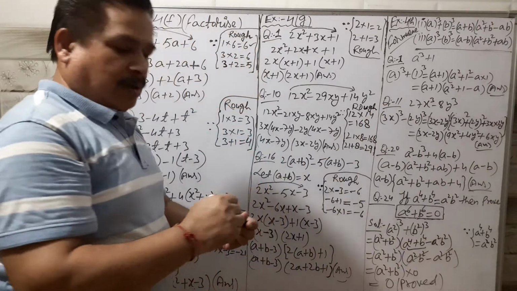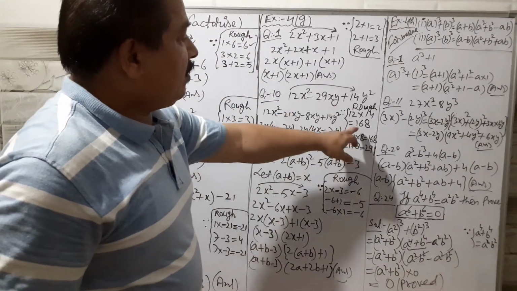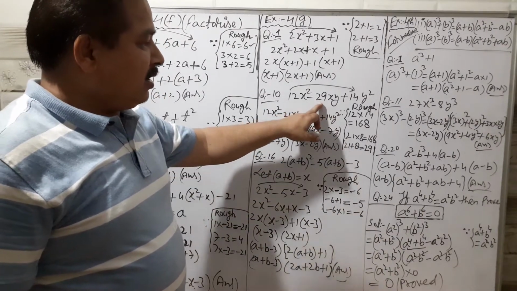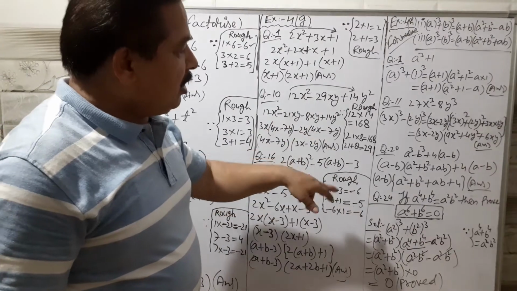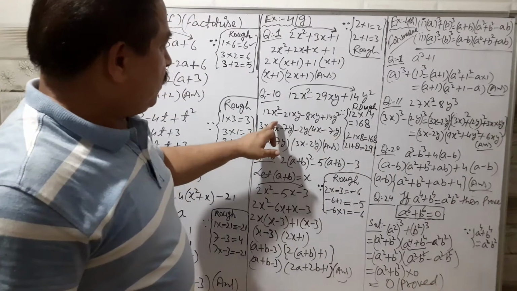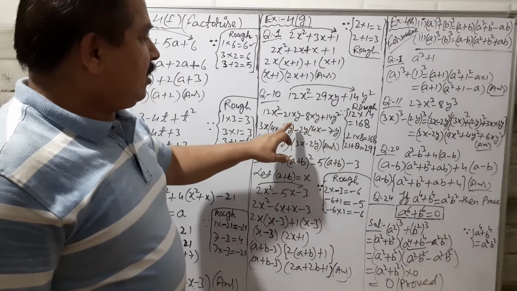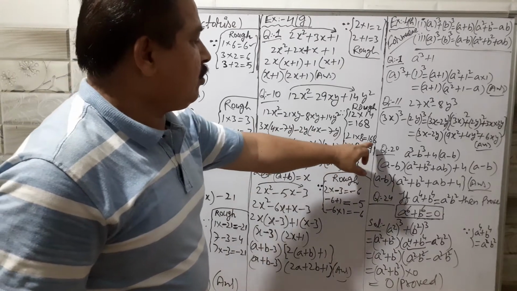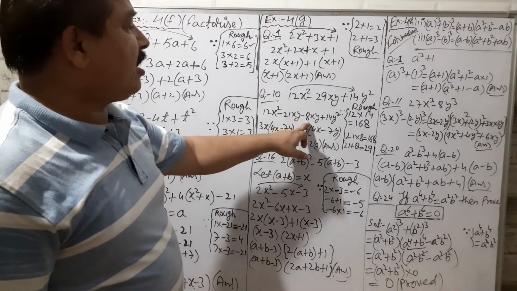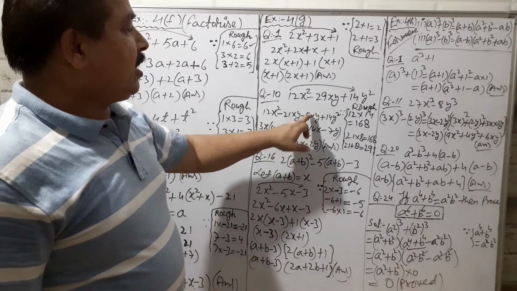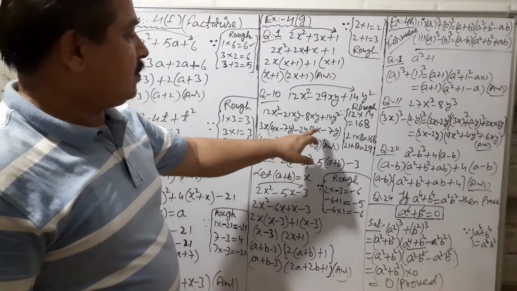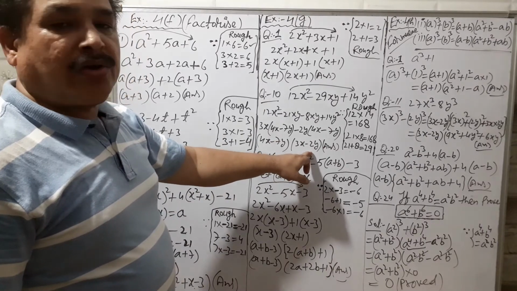This is rough work. So 12 into 14, 168. Find such a factor of 168 which are giving us 29 in plus and minus, and in multiplications they are giving us the same number, 168. So see here now, break the middle term: 21 and 8. 21 into 8 is 168, and 21 plus 8 becomes 29. So 21 and 8 are the proper factors. Minus and minus, this is minus 29. Again, take common. After taking common, this will be your answer.